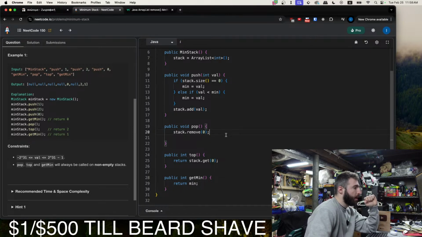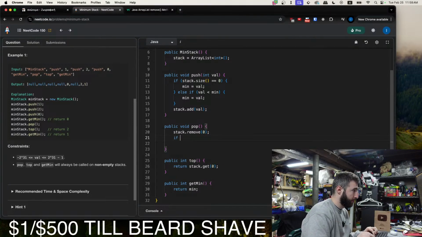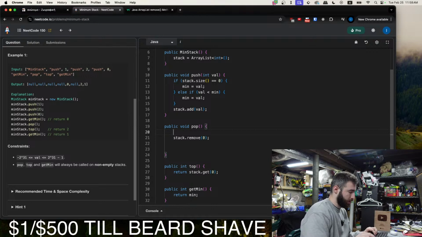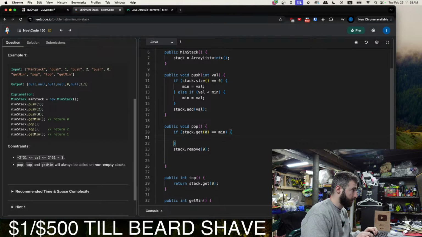Okay, for our pop function, we will have to manage the min stuff. So before we remove it, if stack.get 0 is equal to min, then we need a new min.